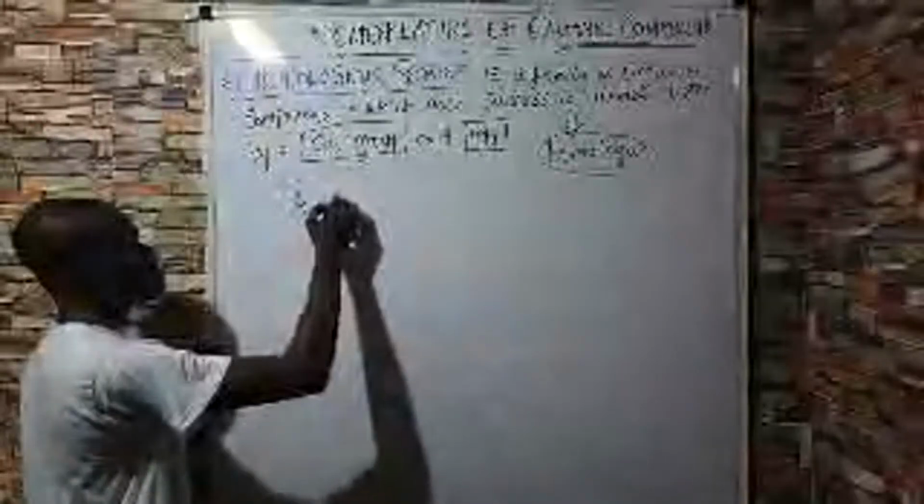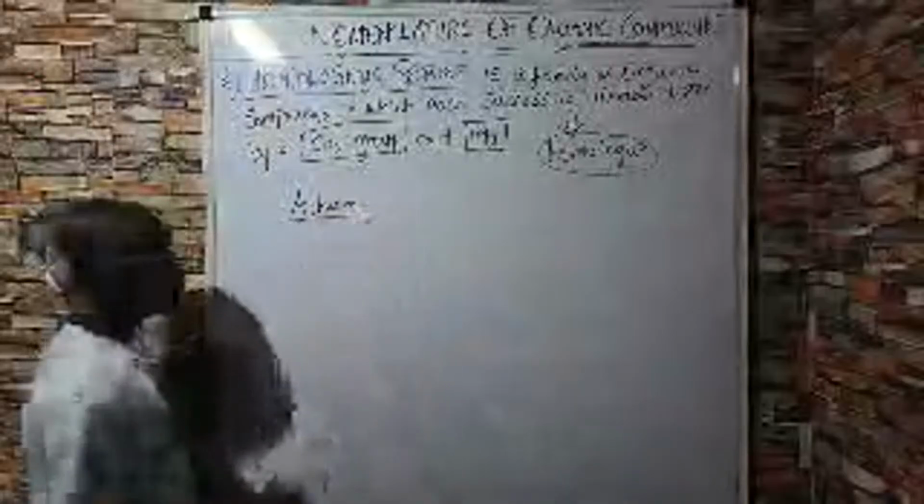Now very important, I will give you a family. One of the families is the alkane. So alkane is a homologous series. Under alkane, we have various members, like methane, ethane, and propane. These guys are members of alkane. So alkane is a family and these are the members. There are a lot of them, but let's put these three. Now methane is CH4, ethane is C2H6, propane is C3H8. So these guys are members of the family.